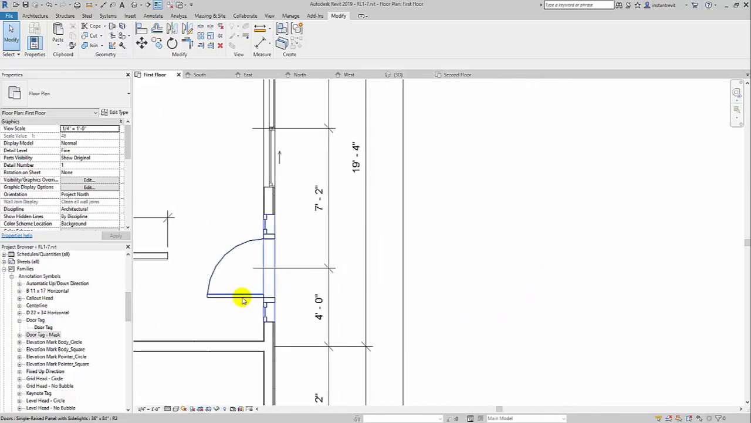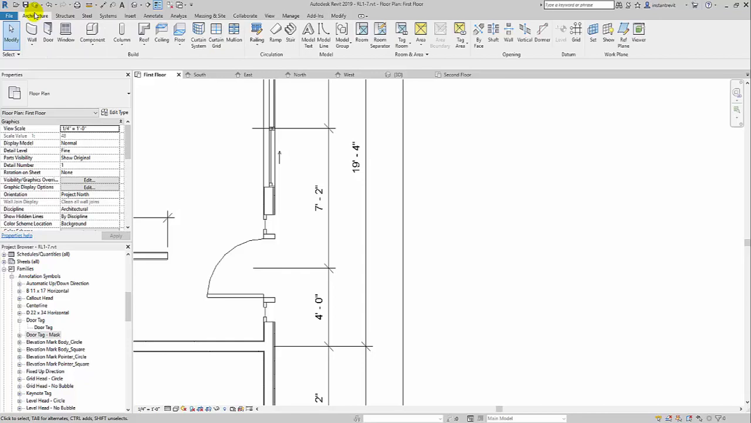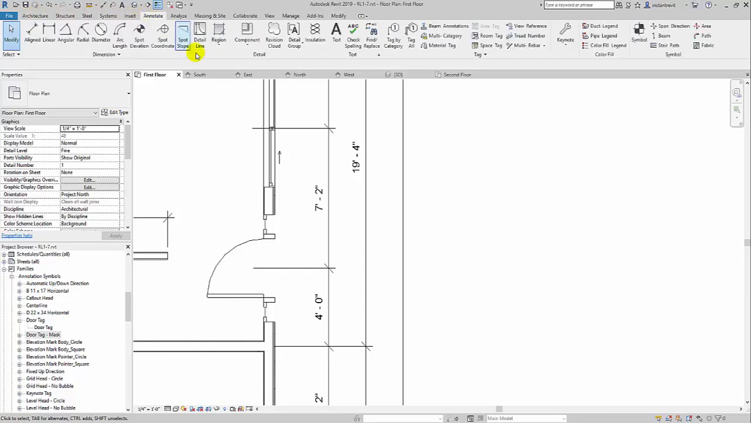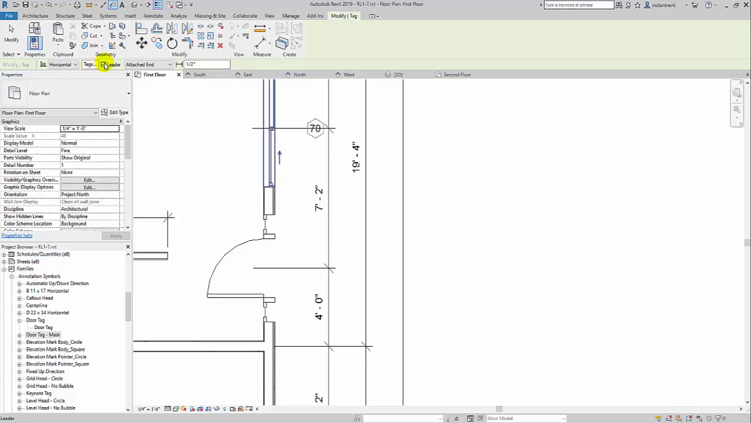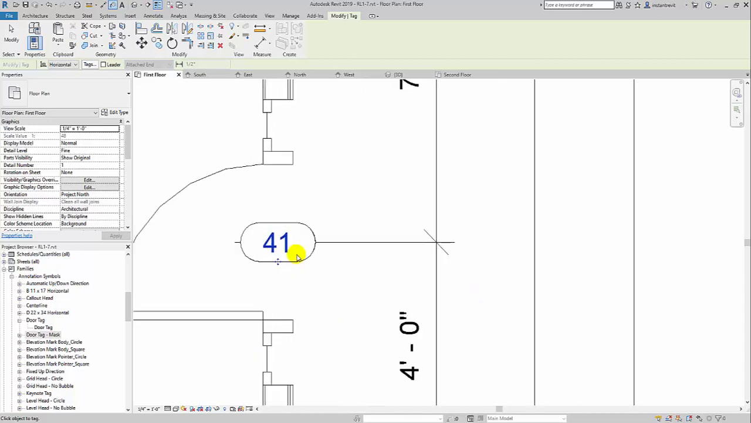So we're going to go and tag this one door. I'm going to go to Annotate, Tag by Category. We don't want the leader on, so I'm going to turn that off. And then you can see when I mouse over the door, there's the tag. Now you can see how it's masking out, right? See? If I went with the regular tag,